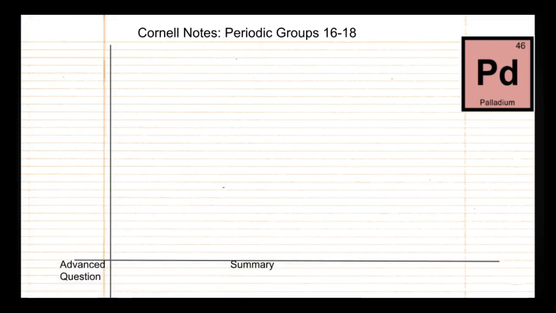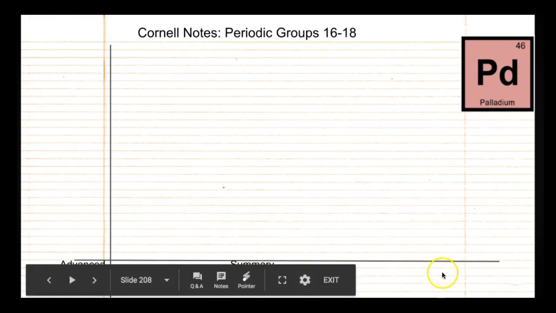Hello students, today you're going to take Cornell notes on the periodic groups 16 through 18. Go ahead and set up your notebook and we'll start in a few seconds. If the video is going too fast, please pause it or rewind it if you need to. You're in charge of creating the questions on the side, the summary, and the advanced question, aside from copying the